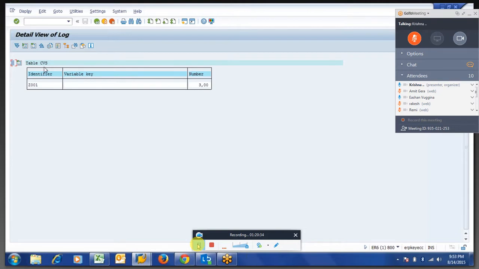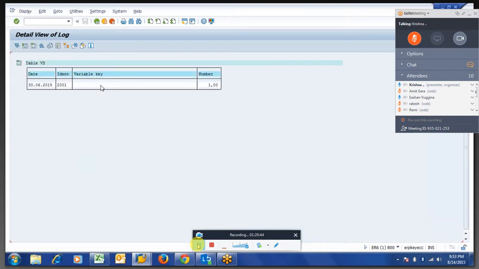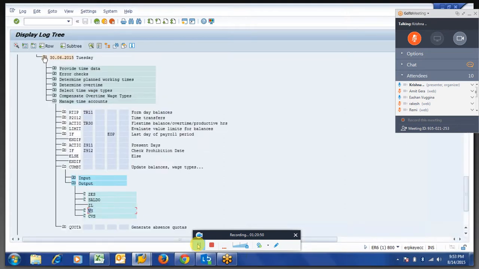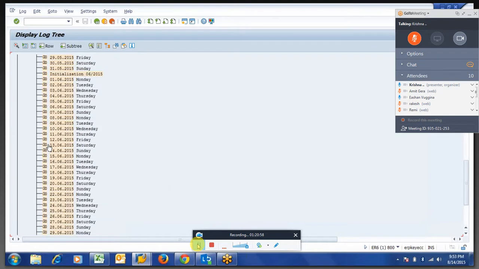We have to check with the CVS table. But anyhow, that is a cumulative table SAP has given to store the data, and it will store day by day. This number we can use at any point of time, and it will reset. If you go to any of the days,